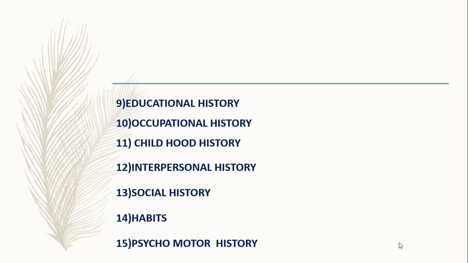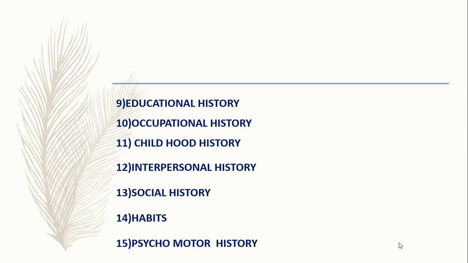Next is childhood history. Childhood history is very important in a mental health nursing case study, because childhood histories, traumas, environment and surrounding situations can create different kinds of psychiatric problems. So childhood factors act as triggering factors to develop different kinds of psychiatric problems. So you have to write the proper childhood history. This you can get from the case sheet, from the informant and also from the patient. After listening to that, you have to write the childhood history.